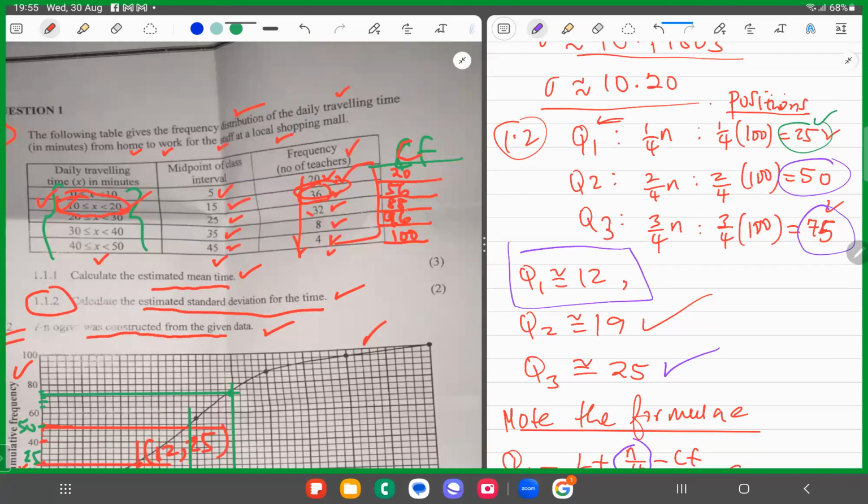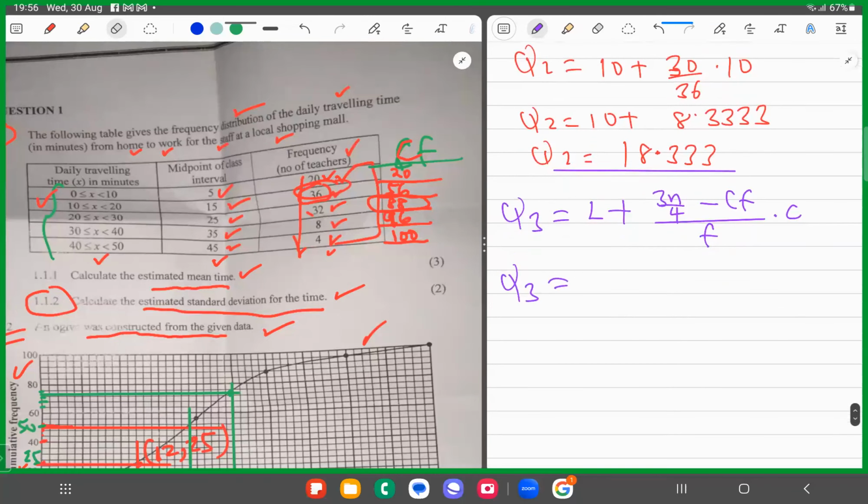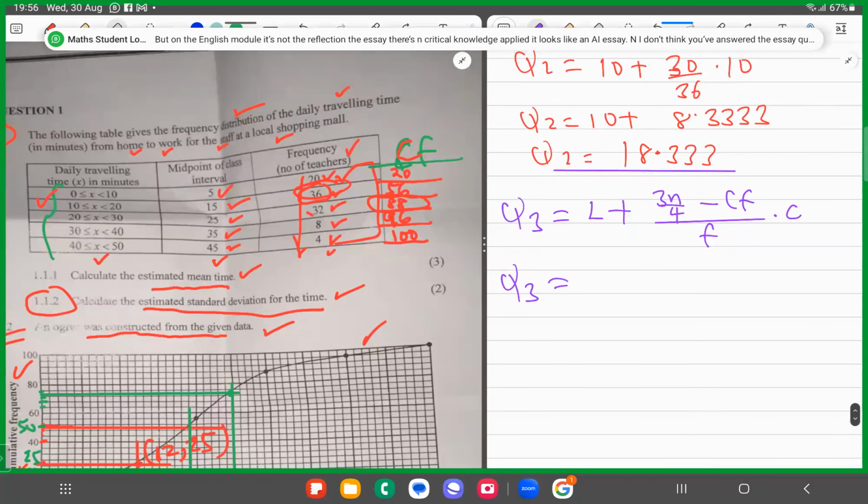So if you're position 75, frequency-wise, where is 75? 75 is cumulative frequency-wise somewhere there. 20 to 30, 20 to 30 plus. So it means that